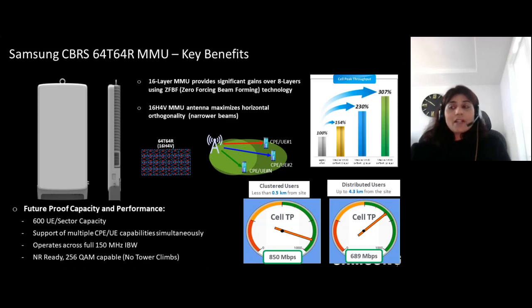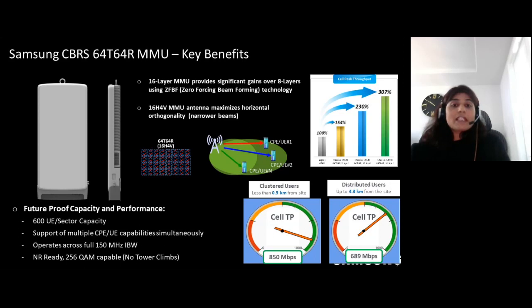If we look at the right side graph here, I'm comparing the capacities of massive MIMO system over a traditional 44R and a system which probably has a lesser number of massive MIMO layers. So if we compare to a 44R system, massive MIMO can provide around 300% peak throughput capacity over a 44R. And if we look at a system which has a low number of MU-MIMO layers, for example, 8 layers, it can provide up to 150% of peak throughput capacity. So the gains of Samsung's massive MIMO system are significant.